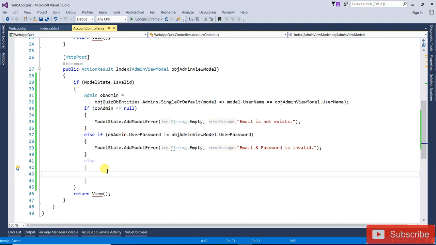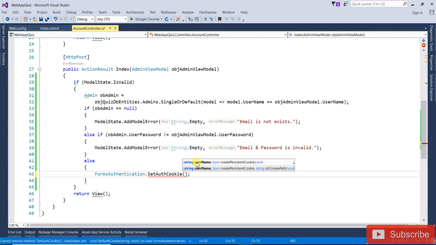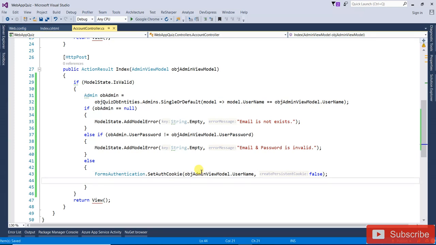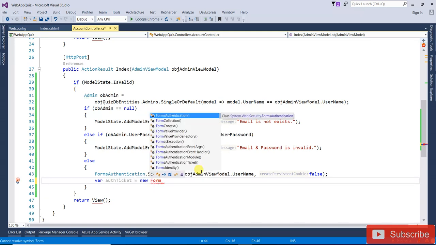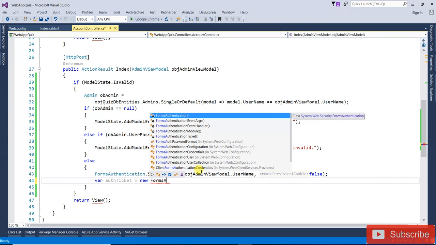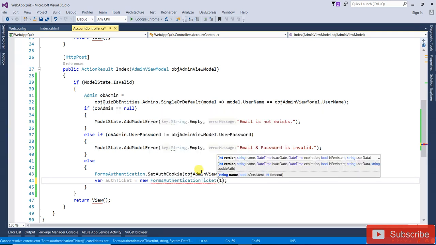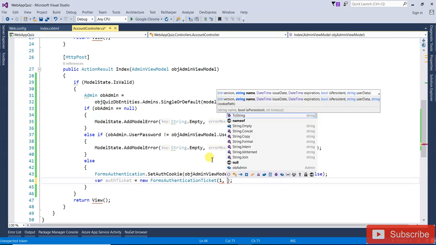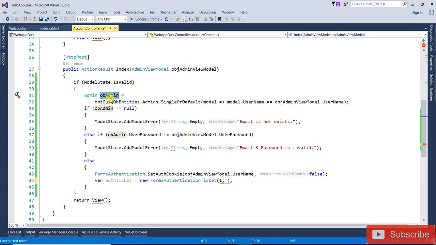Now because we are using form authentication, here I'm going to set the keys. It will be the username, and persistent I'm making false. Now we can use var auth equal to new FormsAuthenticationTicket. Here the first one is the version, the second one is the name, so I can get that objAdmin